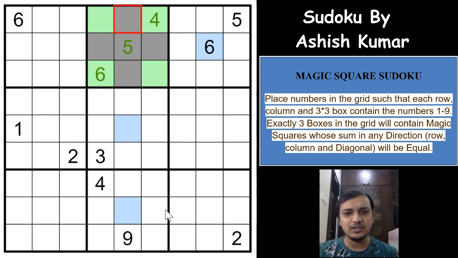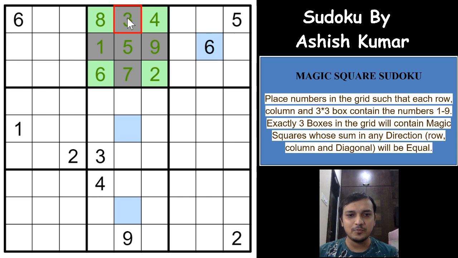And a 9 cannot be here as well because of this 9, which means this has to be 9, which gives you a 1 here, right? And 6 and 1 is 7. The remaining digit to sum to 15 is 8, which means the opposite digit has to be 2, and you can directly write the remaining digits. This has to be 7 for the 15 and this has to be 3. What an easy way to solve a magic square Sudoku if you know the facts behind it, right?